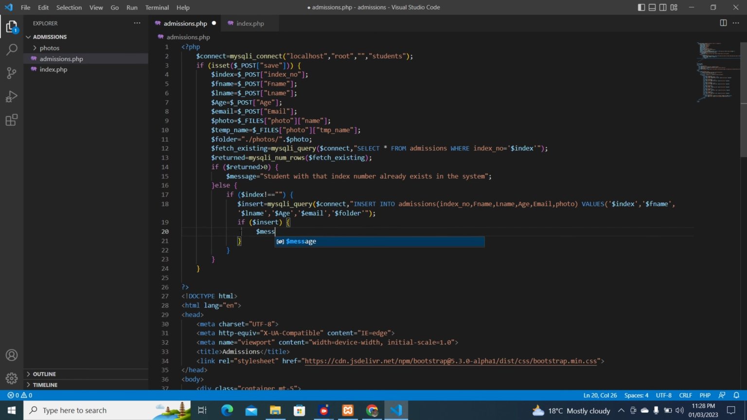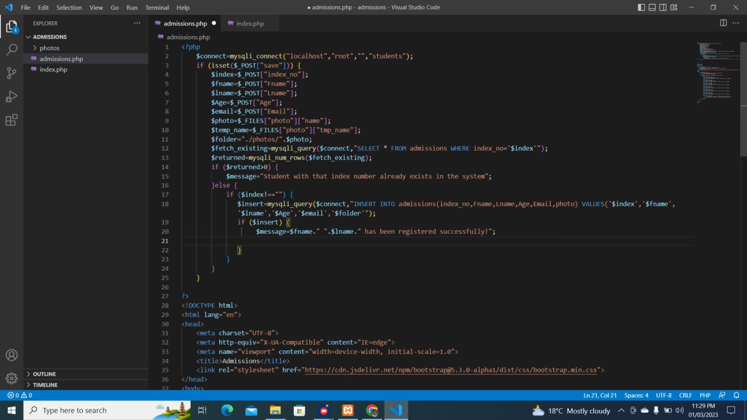I can just create a message here. Message equals to, can have the name of the student. Fname concatenated with the space, then concatenated with the lname, then concatenated with a space, has been registered successfully. Then you close like that, and then a colon there. Then after inserting, after he has been inserted,